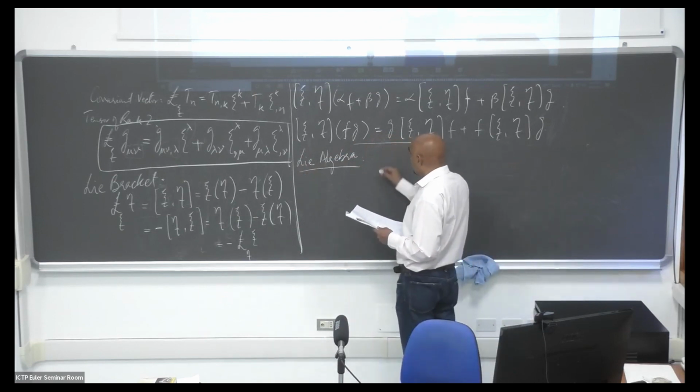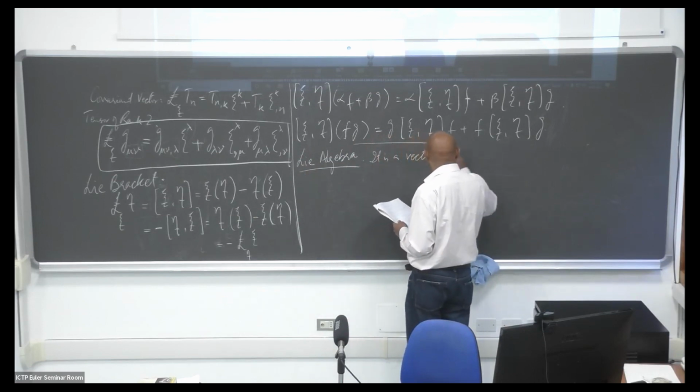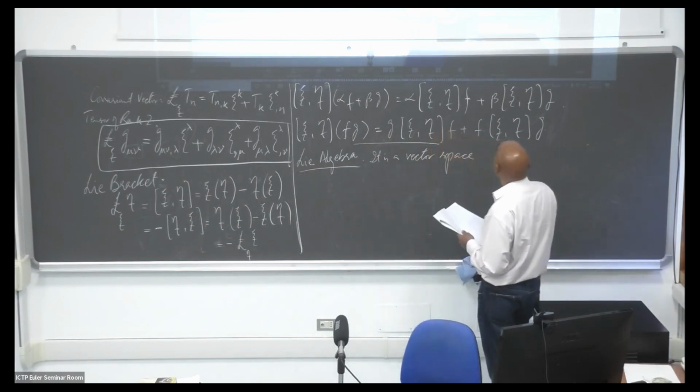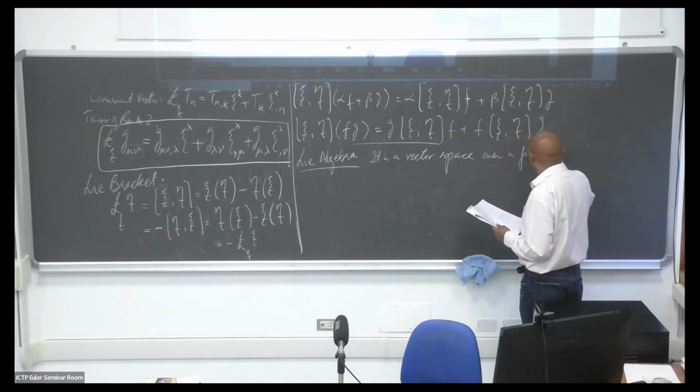So a Lie algebra is a vector space over a field F